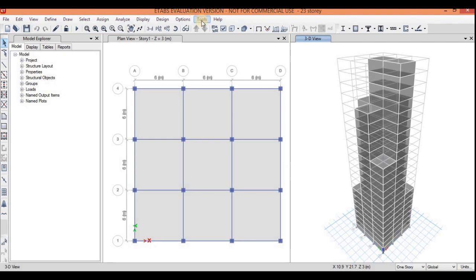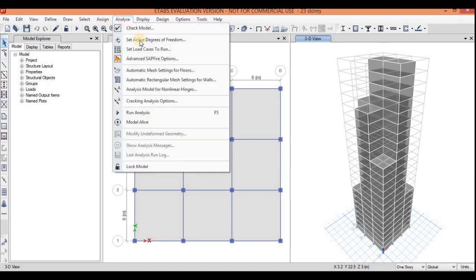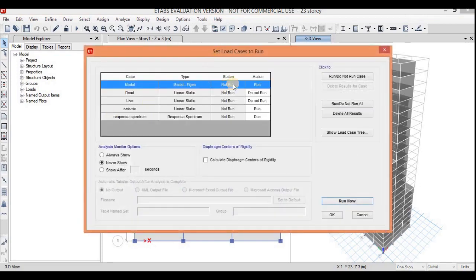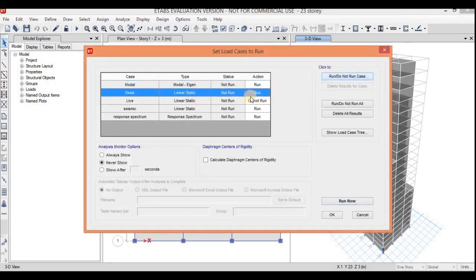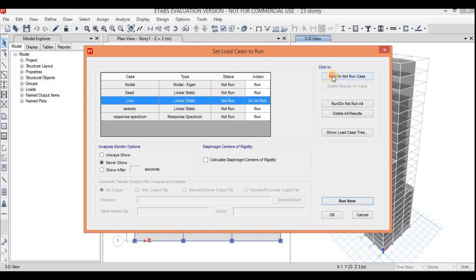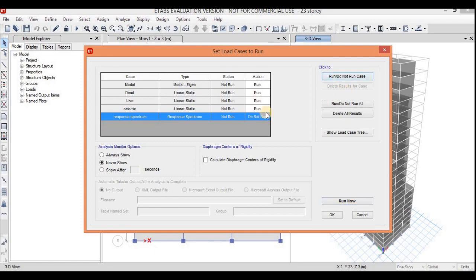Now we will run the analysis. To run the analysis, we have to run only the dead, live and seismic load cases. Go to the analyze menu and set load cases to run. Here we have to deactivate the run for response spectrum, since we only want to run the seismic effect.